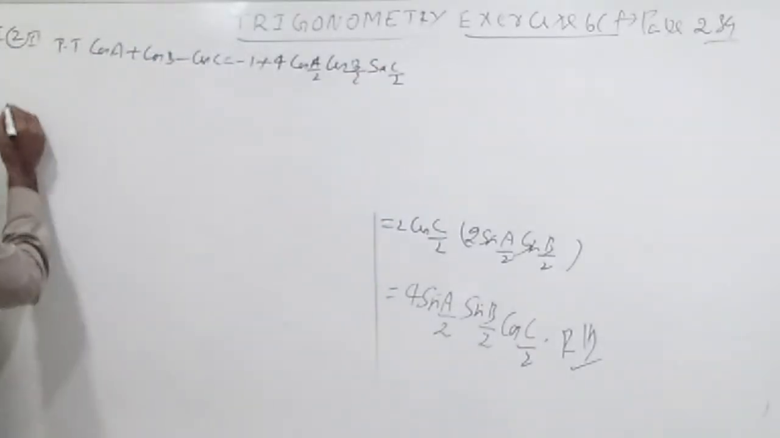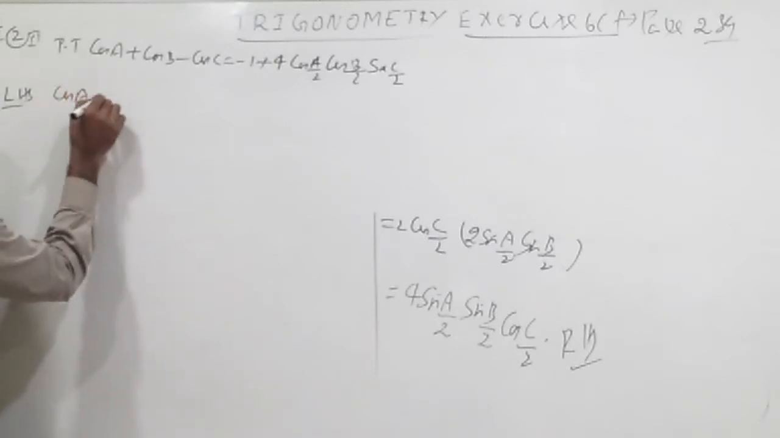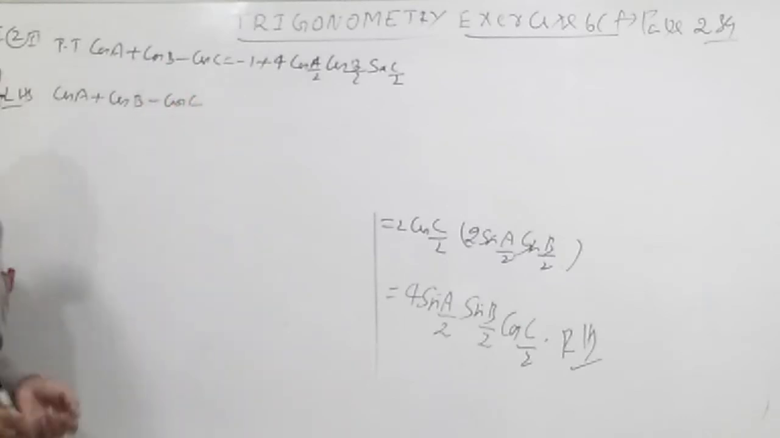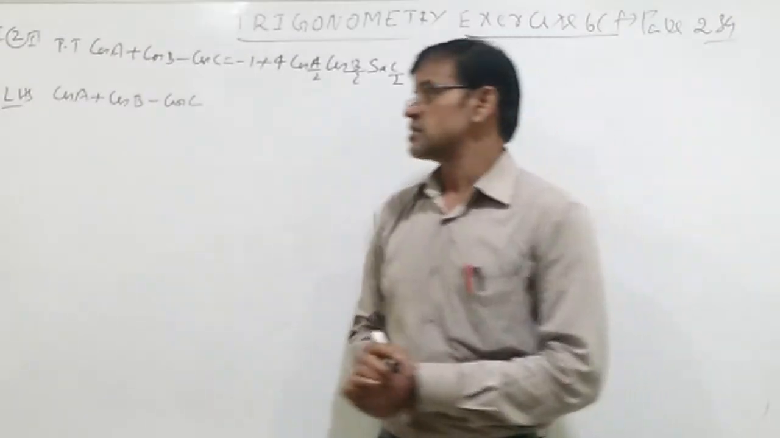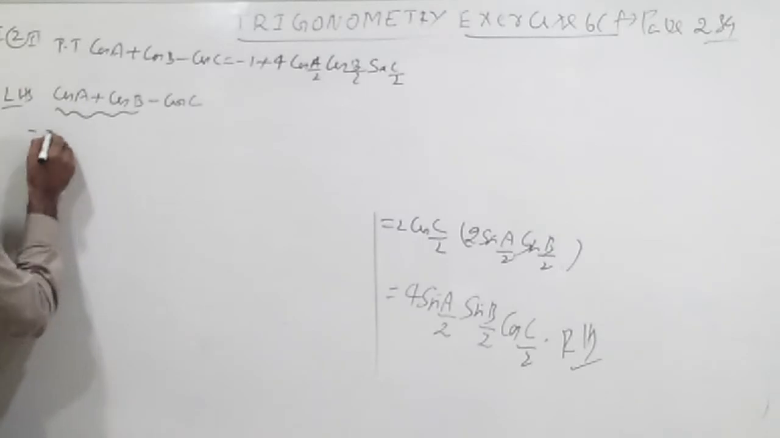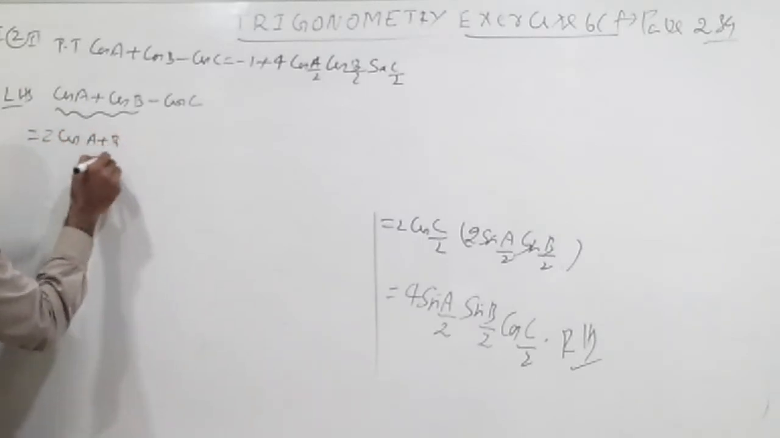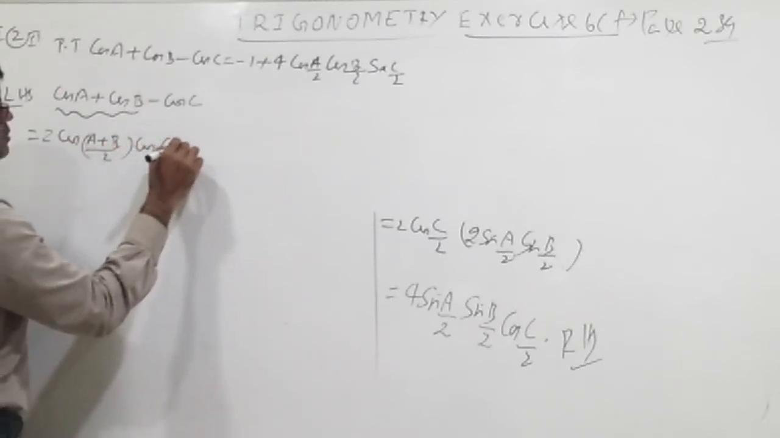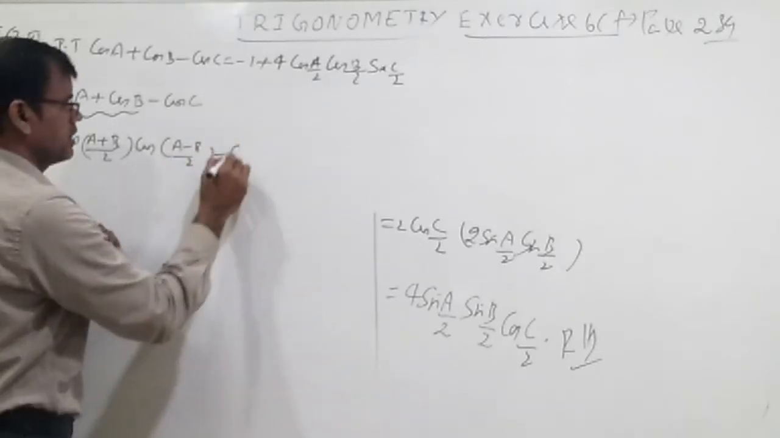Take LHS. So LHS is cos A plus cos B minus cos C. Now for these two terms, apply the formula cos C plus cos D, that is 2 cos of (C plus D) by 2 into cos of (C minus D) by 2. So this is 2 cos of (A plus B) by 2 into cos of (A minus B) by 2 minus